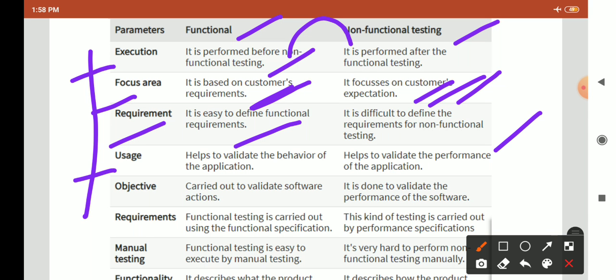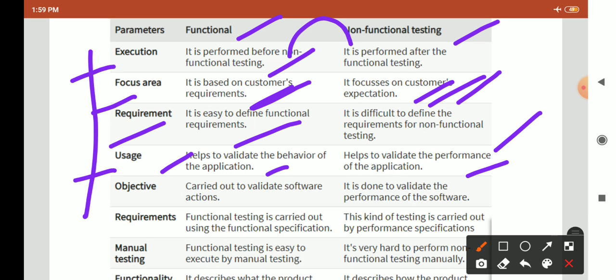Then usage. It helps to validate the behavior of the application. So using functional testing, you can check the behavior of your application, and non-functional testing validates the performance of your application, how well your website is working.